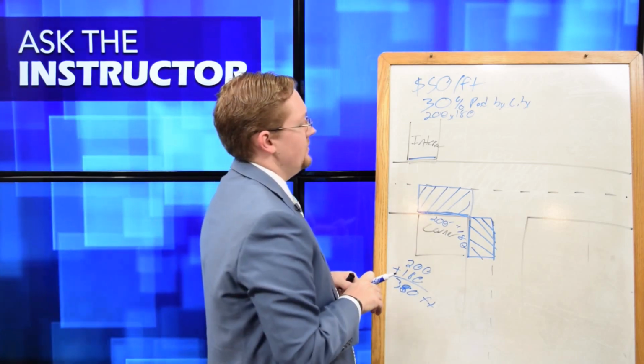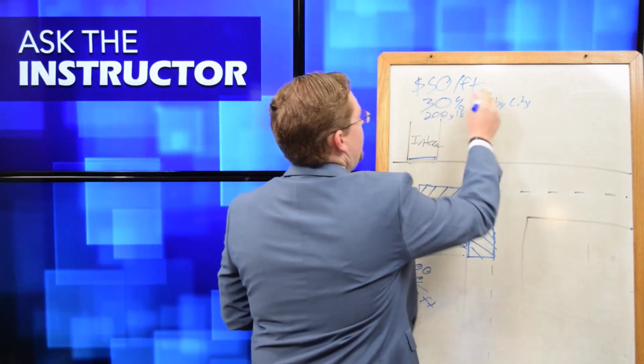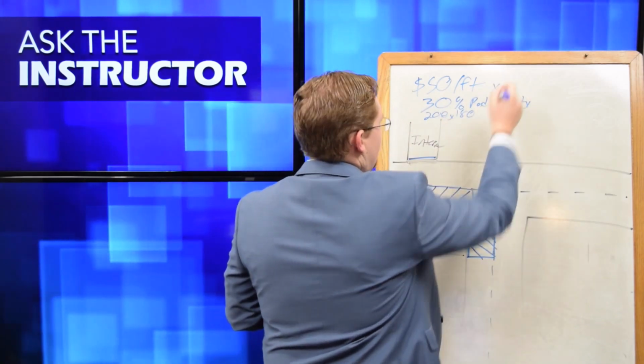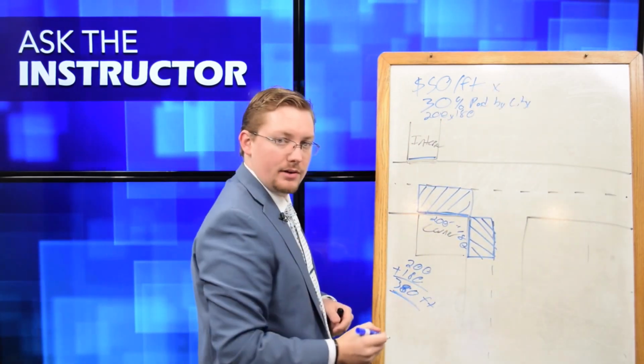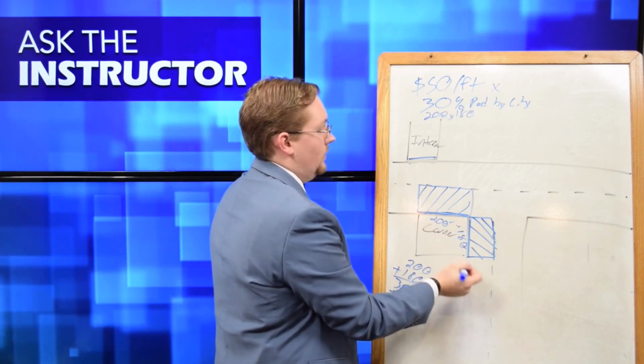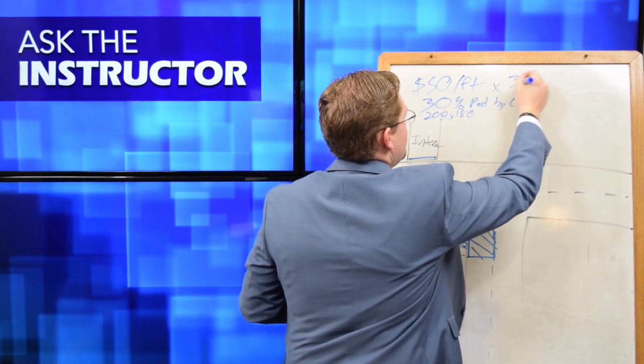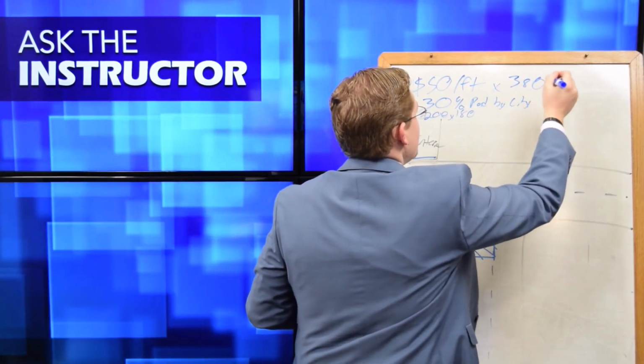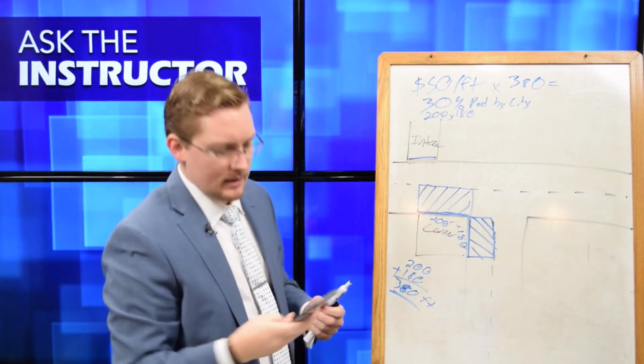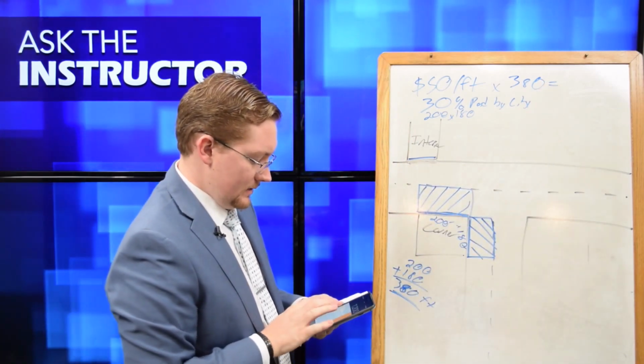The math for this really isn't going to be too difficult. We're going to take our $50 per foot and multiply it by our total frontage, which we figured to be 380 feet. That was our perimeter, our 200 plus 180. So $50 per foot times 380 feet ends up giving us